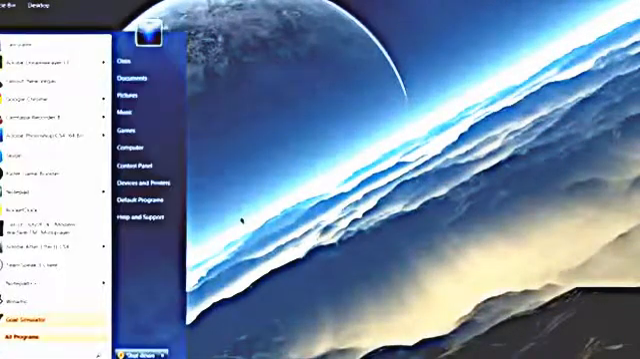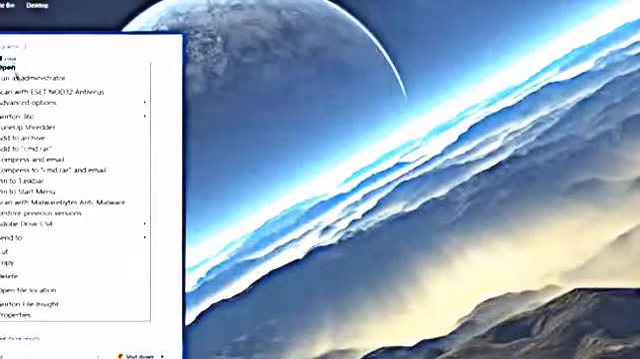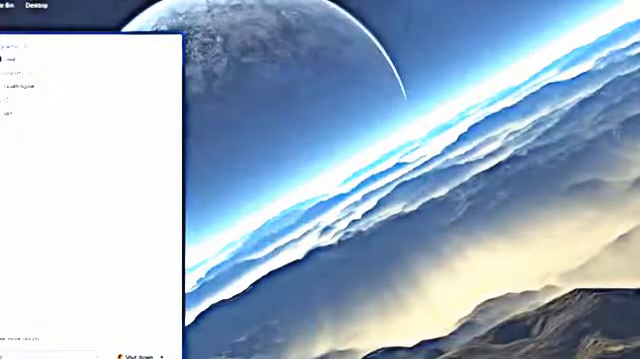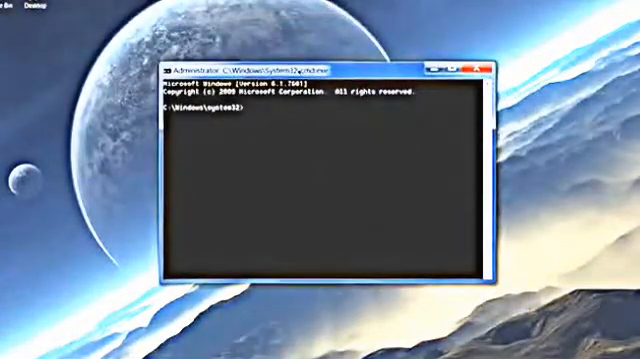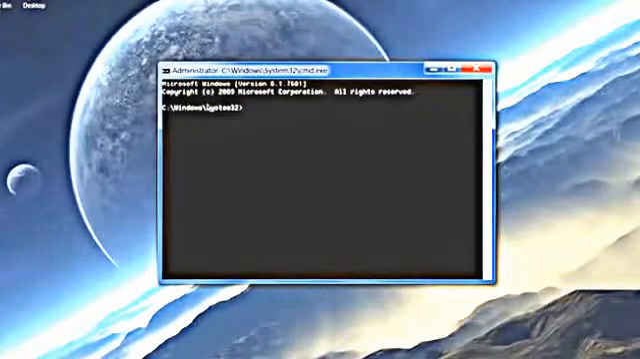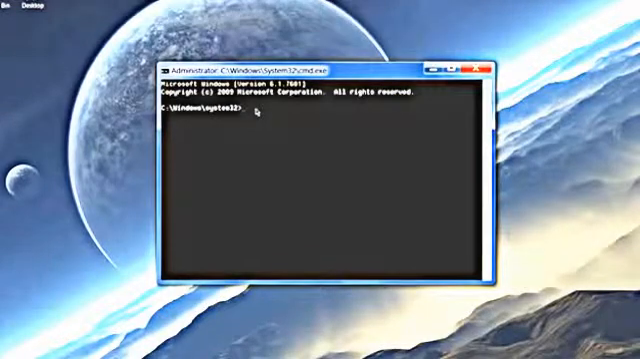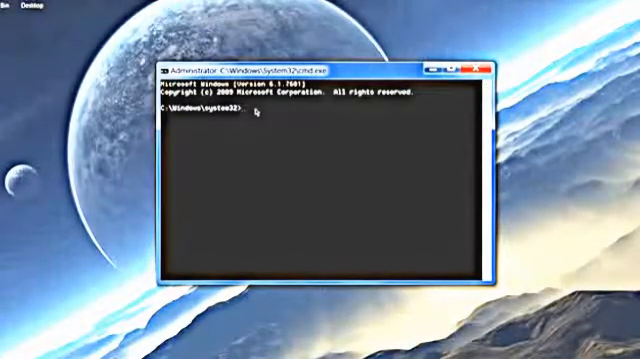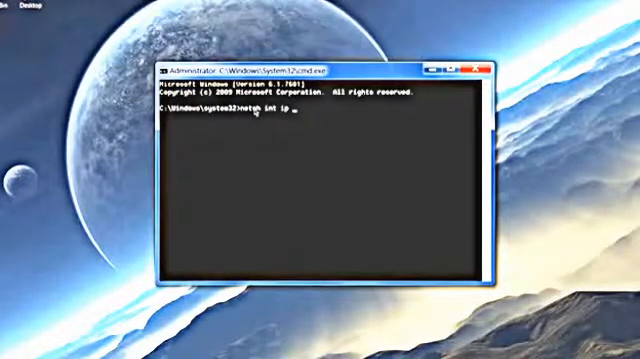So you need to click here, type CMD, and right click on the CMD here and run as administrator. And you need to do that because it requires some permissions that you won't be able to get unless you have the administrator. So in here then you want to type netsh int ip reset